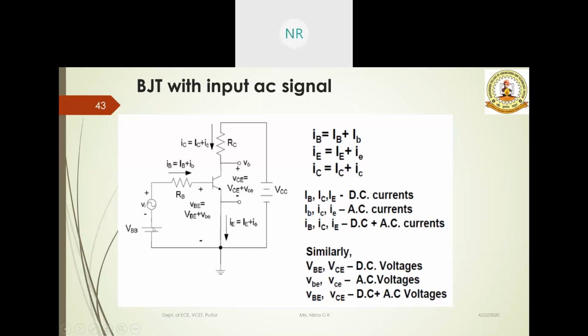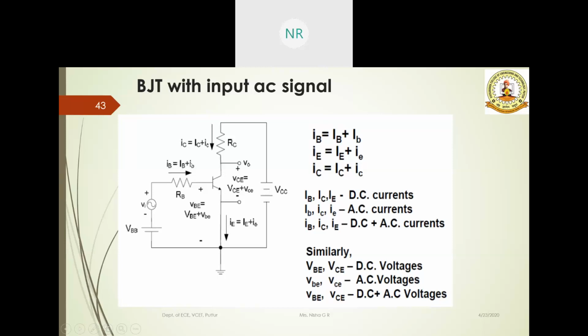Of course, in a general BJT circuit, whenever the input signal is applied, these two voltages need not be mentioned. Why? Because these are constant voltages. So we can make this a short circuit. This is a voltage source, so we can make it a short circuit. In the normal figures, we cannot see these VBB and VCC mentioned. We can only see the signal. But this biasing voltage will be provided to your transistor to maintain the emitter base as forward biased and the collector base as reverse biased.